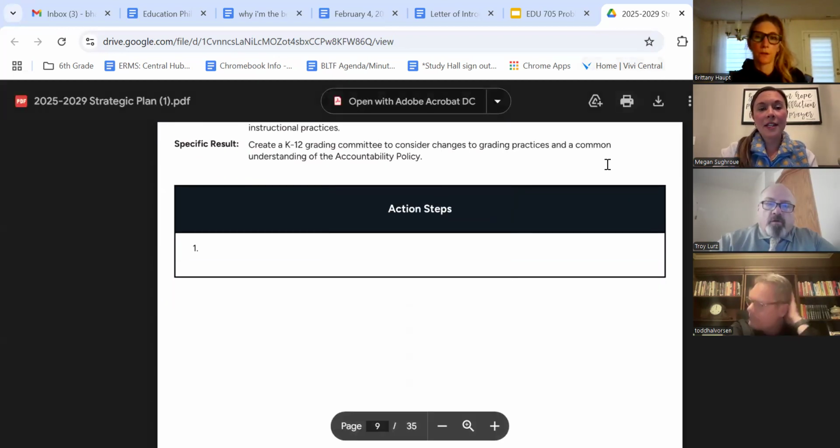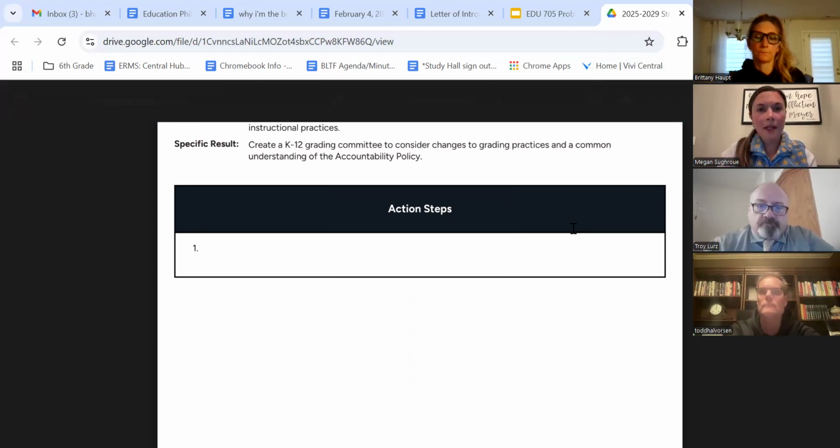Cool. You can see that some action steps are not filled out because those need to be done within a smaller committee now. So we talked about how our district head committee was made up of all different people, all different stakeholders. And now the action steps, a lot of times we take back to our building and make our own action steps for our building, because my elementary school, in order to implement something, looks a lot different than the middle school or a high school does. And so we make our own action steps within our building to then help contribute to this goal.